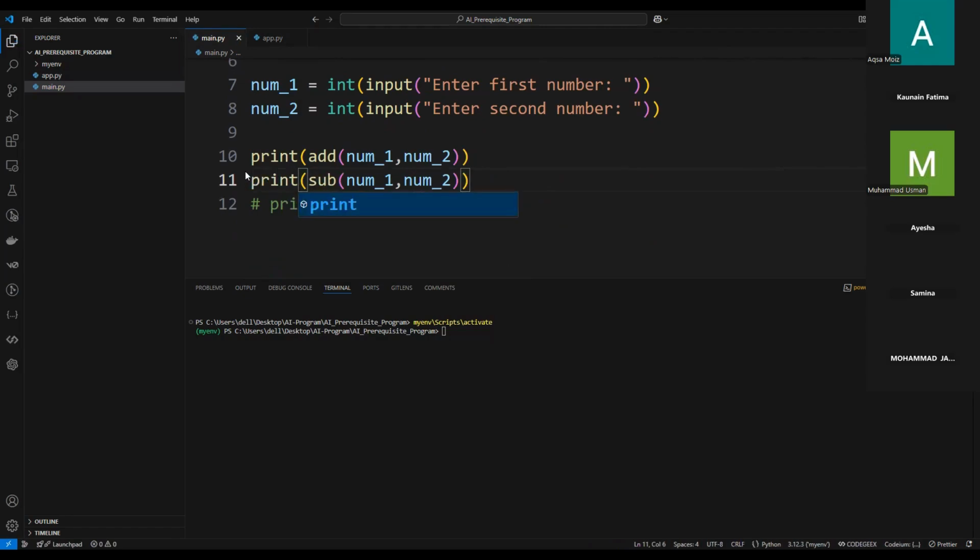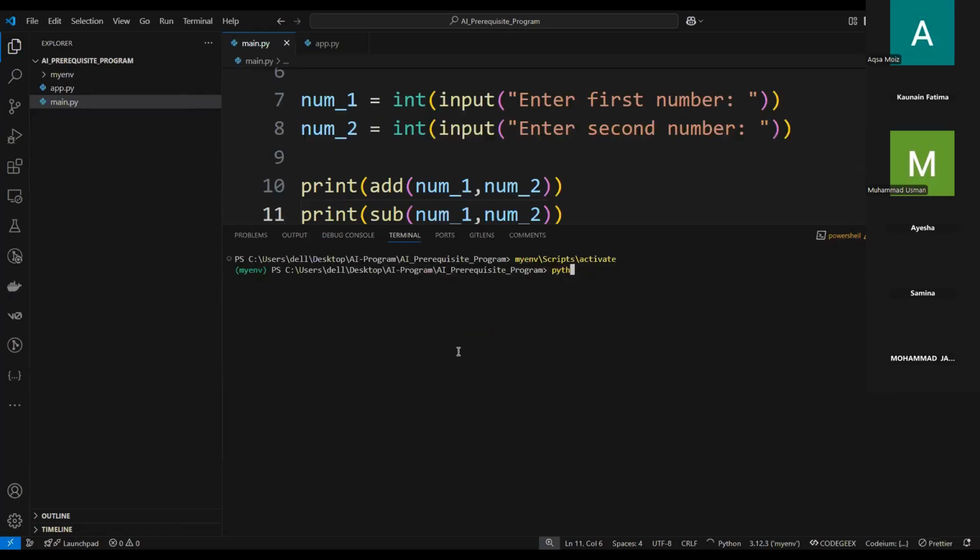ठीक है, अब मैं इस फाइल को रन करूंगी। फाइल को रन करने का मतलब, जुपिटर नोटबुक में, इसको मैं बड़ा कर देती हूँ। फाइल को जुपिटर नोटबुक में रन करने का तरीका होता है, पाइथन लिखना होता है और उसके बाद जो भी फाइल है उसका नाम लिखना होता है विद एक्सटेंशन। ठीक है, ये आपने लिख दिया। अब आप इसको रन कर दो।